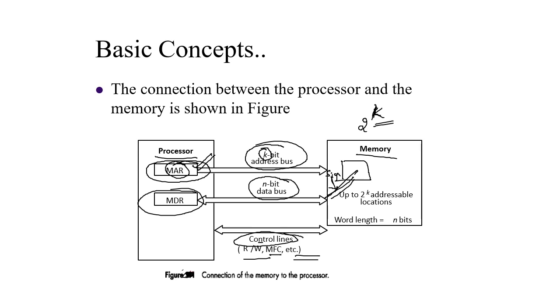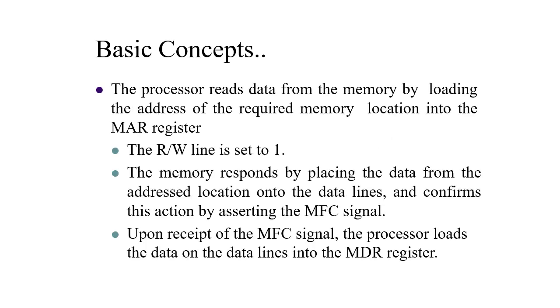This is how a transfer between the processor and memory can be represented diagrammatically. In this slide, we will discuss the transfer of data from the memory to the processor. That means the processor will receive the data from memory. So in that case, whatever data the processor wants to read,